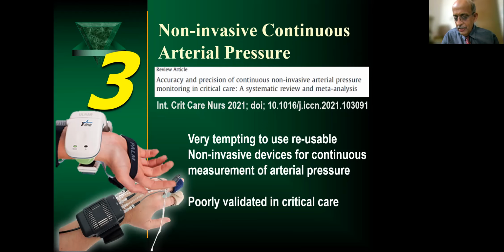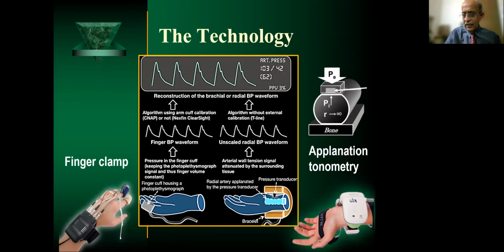But the technology is developed towards a continuous measurement of arterial pressures with non-invasive methodology. And its evaluation in the critical care arena has been sort of limited. There are two classic technologies that are being evaluated. One is called the finger clamp, which basically is a cuff at the level of the finger that uses photoplethysmography and basically by elevating the pressures at the level of the finger cuff, it attempts to generate a continuous measurement